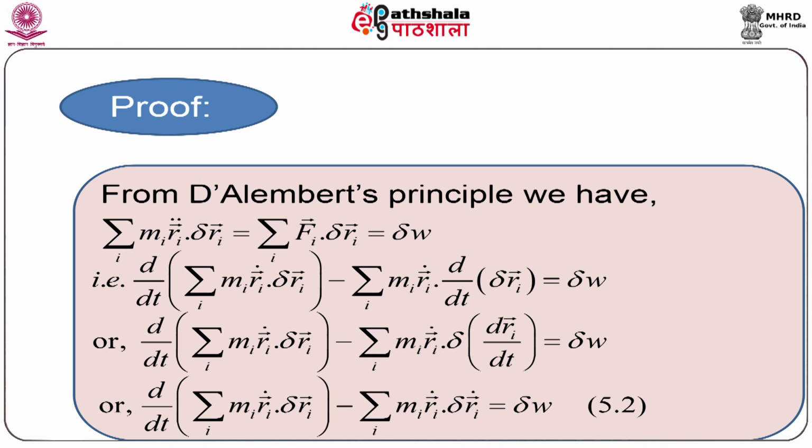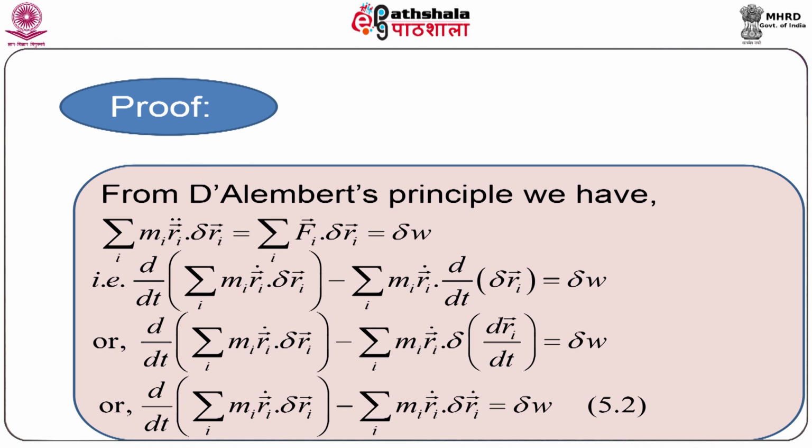From D'Alembert's principle, we have summation over i of mi ri vector double dot dot delta ri vector is equal to summation over i of fi vector dot delta ri vector. This gives the virtual work done by the forces acting on the dynamical system, which is given by delta W. Here